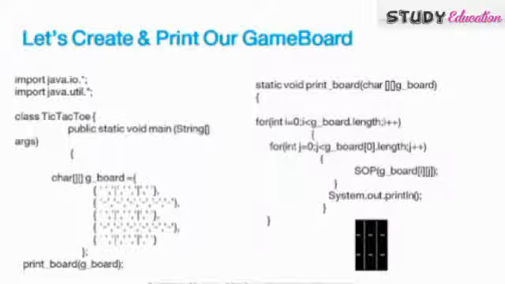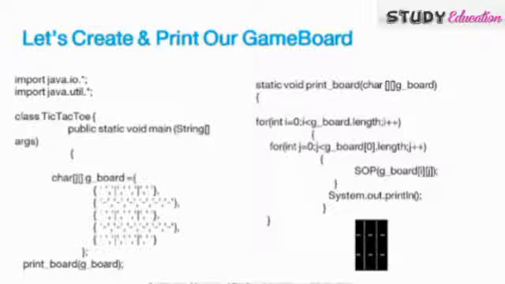For separating the first row from the second row, we use these horizontal dashes. If you can see on the screen, the second row is all dashes, wherein we are not going to place any of the elements. This is just for the separation of the first row and the second row. Similarly, for the second row and the third row, there are again small dash signs to separate them. Now the second method, on the right hand side, is for printing the board.